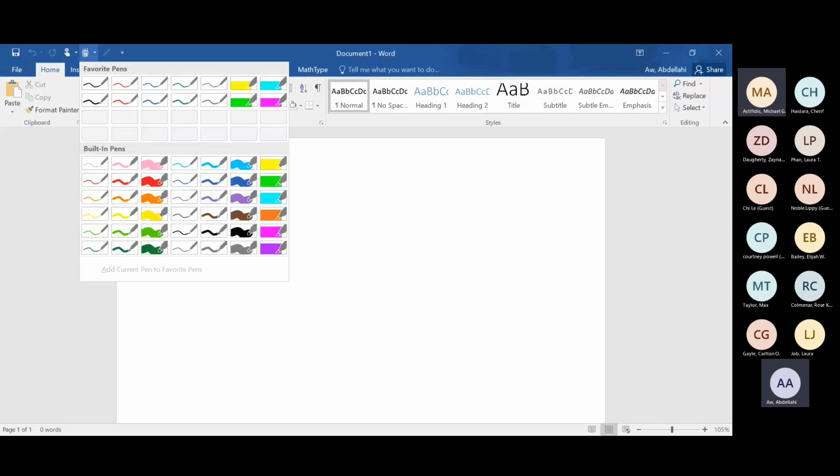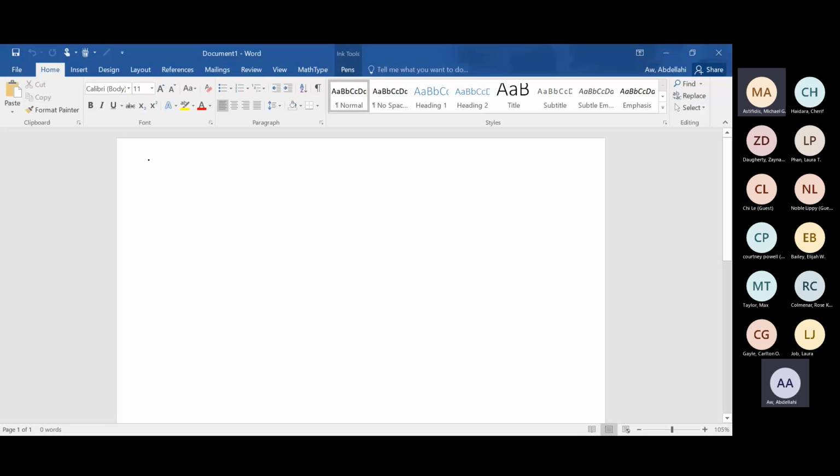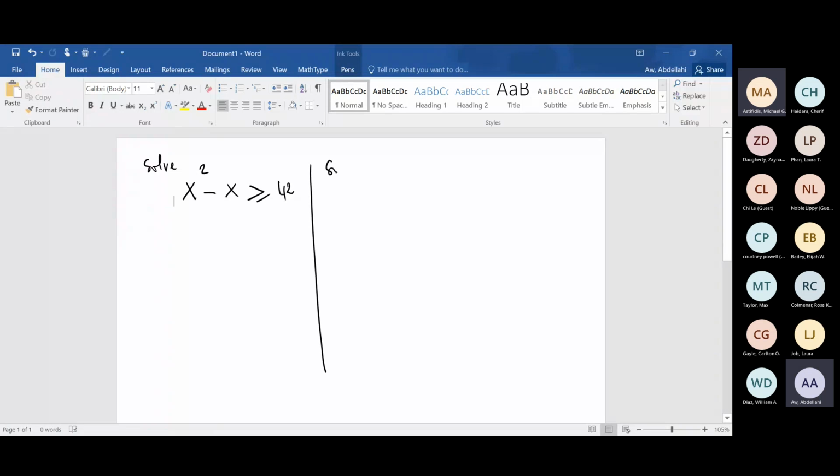All right, so we're going to first share my screen. Okay, I give you a few problems right here. Solve x squared minus x greater than or equal to 42. Solve 4x squared plus 8x over